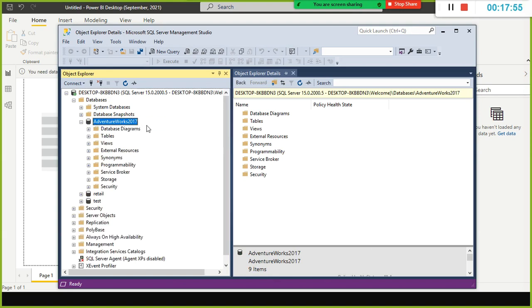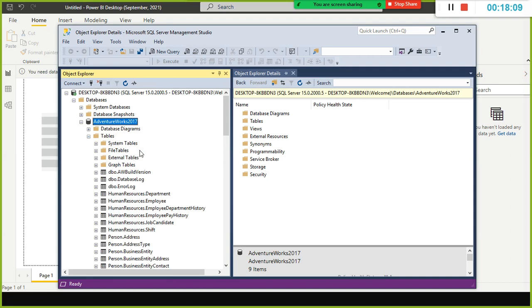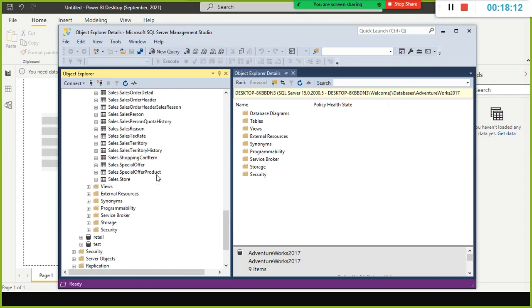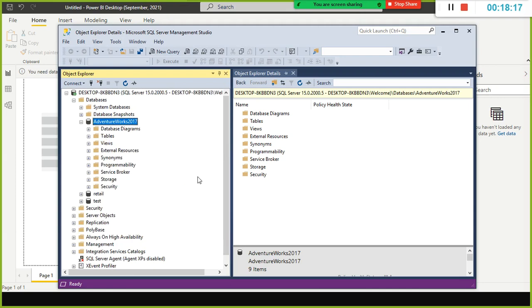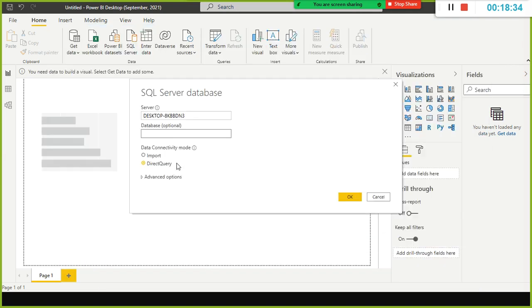Thank God, Microsoft has given the set of demo tables. They've given a lot of tables as part of this, and data sets are also available. But guys, don't worry, even I have a lot of real-time data sets, we'll work on that one. Look here, these are the tables available. As I told you, how many of you created and executed the dn.sql, which is kind of AdventureWorks only. It will automatically create the demo tables and insert all the data in those tables. So here, AdventureWorks 2017, I know that.